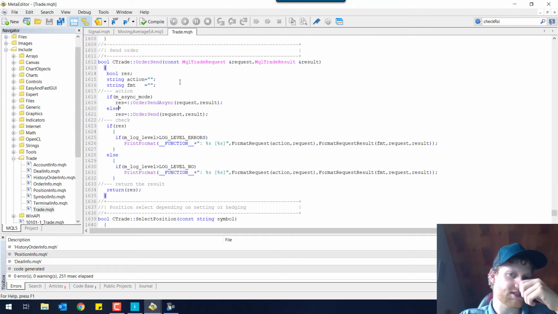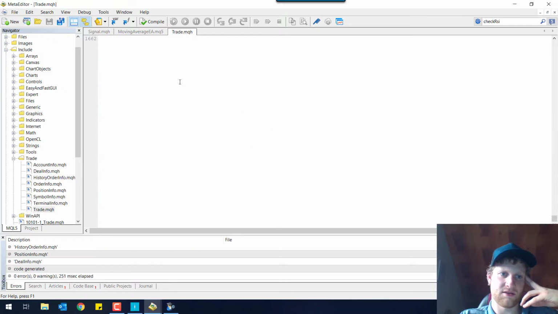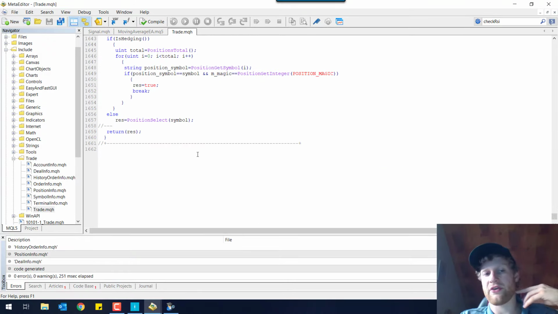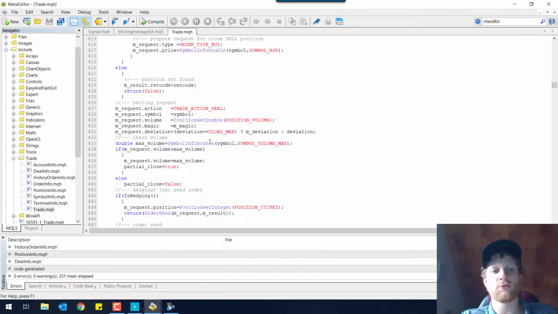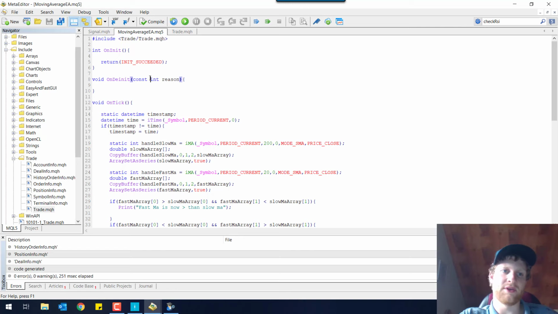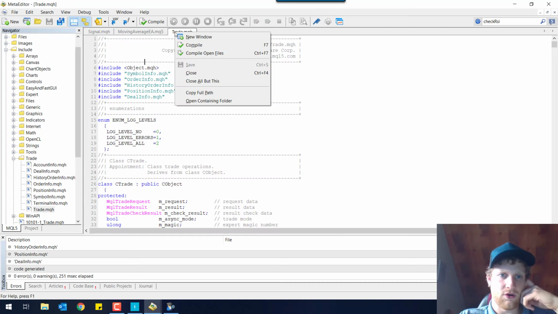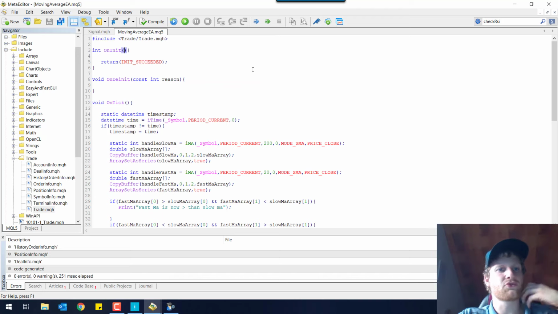If we open it, we can see that there is plenty of code inside. It's over 1,600 lines, and you could pretty much take all of this code and put it here. This would be the same as using this include statement. So we don't really have to know what's inside of this trade.mqh file, but for the more advanced programmers,